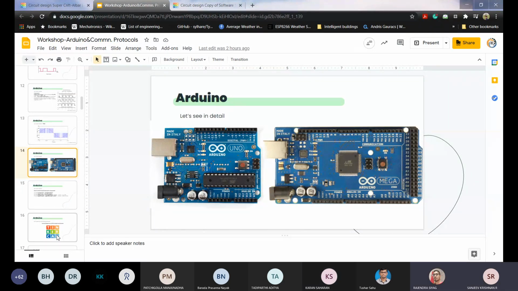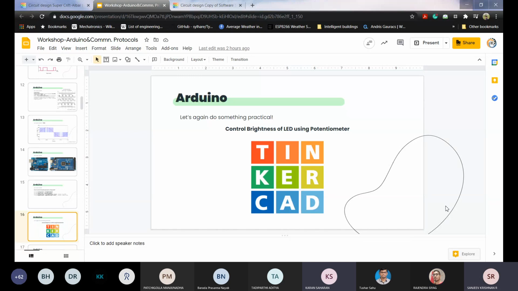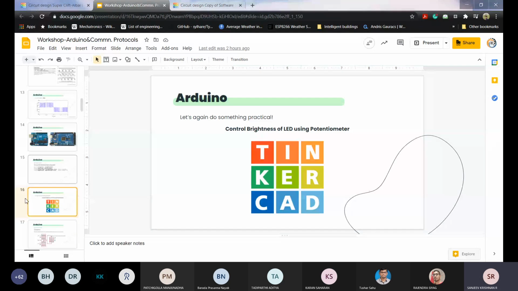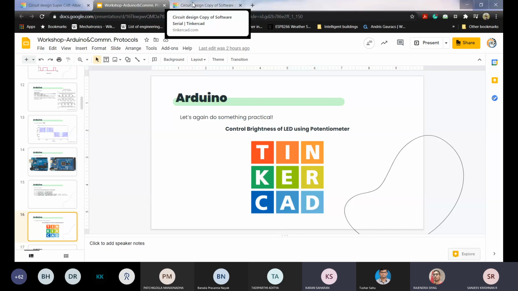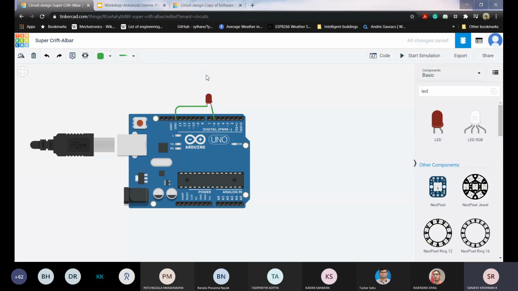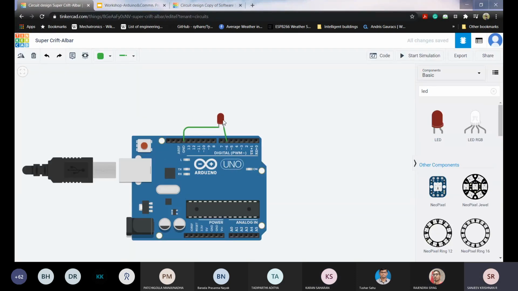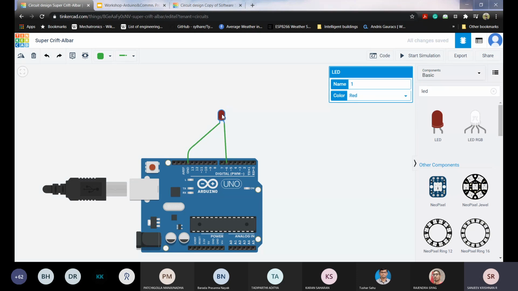Okay, so now we'll go back to Tinkercad to apply these things, analog and digital read and write. Going back, I'll keep the same LED, but as I told you before, if a sensor is giving values above 5 volts, then it has to be reduced using resistors.